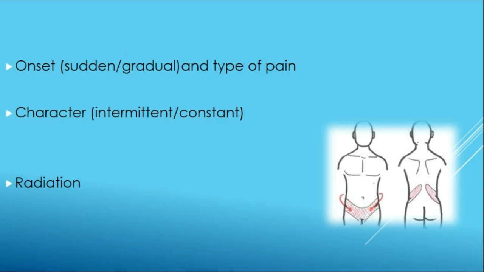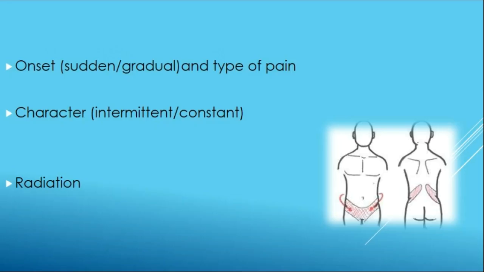Onset is another important fact: whether it's a sudden onset or gradual onset. All the inflammatory diseases are gradual onset. All the itis, inflammations: appendicitis, pancreatitis, cholecystitis, diverticulitis, all itis is gradual. They start gradually, then keep getting worse with time. If it's a sudden onset, what are the possible things? It may be a ruptured ectopic, ruptured viscus, duodenal rupture, right?